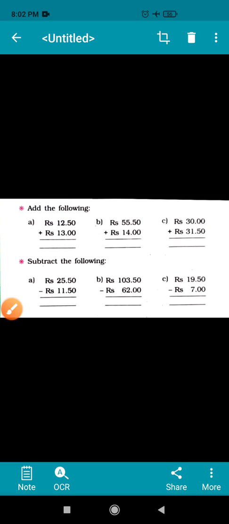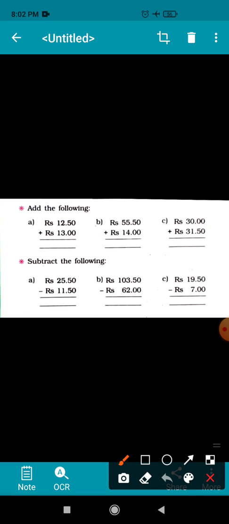Now let us learn how we can do subtraction of money. Children, you will start from the extreme right side. Like simple subtraction, 0 and 0, 0. 5 minus 5, 0. Then put a dot because before that the dot is there. Then 5 minus 1, 4 and 2 minus 1, 1. So the answer will be rupees 40. The next 2 sums you do on your own in your rough register.